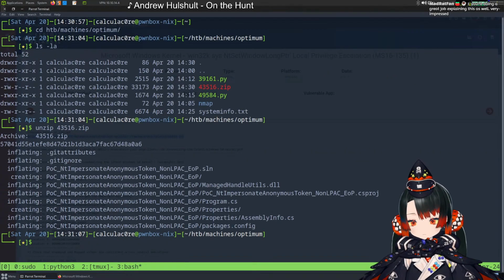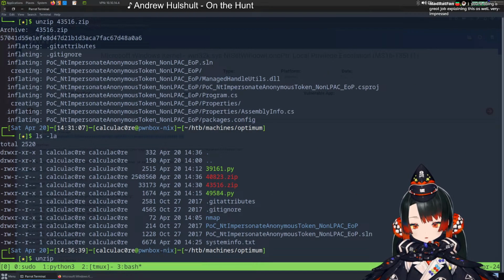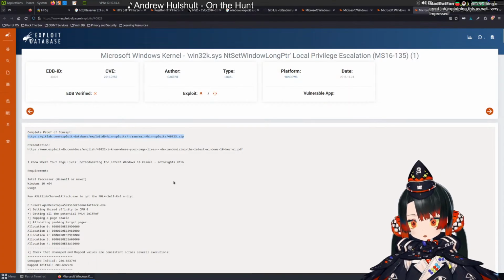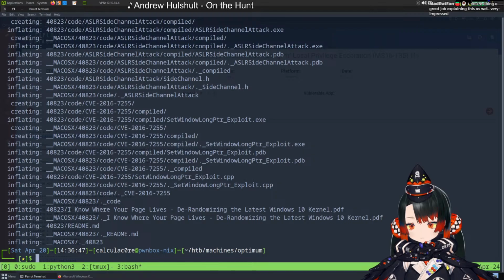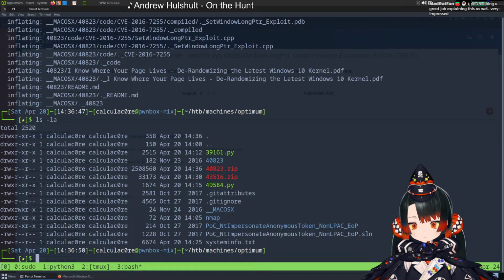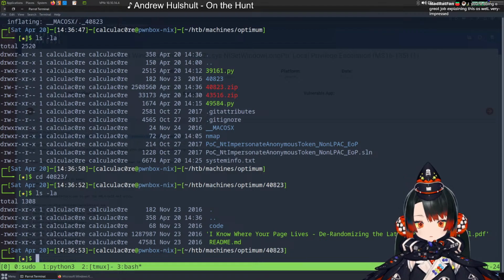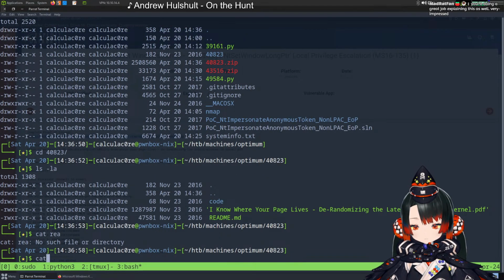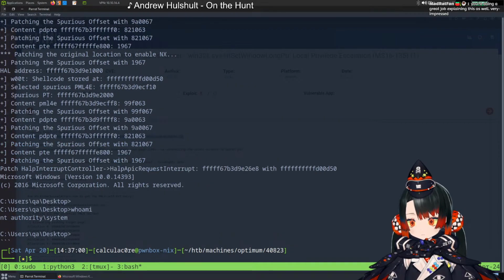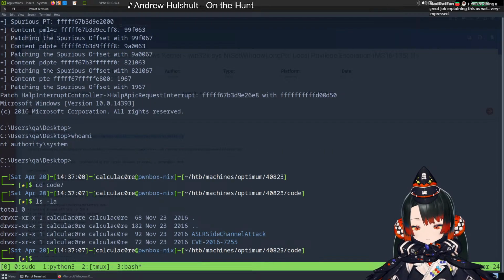Alright, let's try this out. So we check, and we unzip. I already forgot what it was. 40. And what do we have in here? That's the README. Okay, that's the same README as we saw earlier. If we go into code,